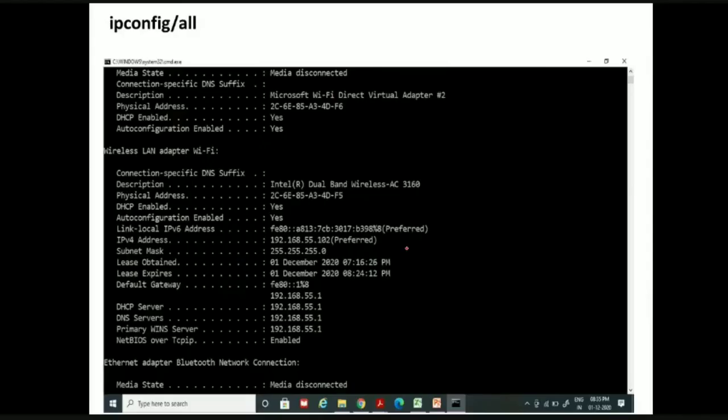Let us now see an example of subnet mask. If you are using Windows on your computer, you can type ipconfig/all. Then you will get your IPv4 address and the subnet mask. This is my IPv4 address, and I ran this command yesterday. If you can see, this is the time. Yesterday I ran this command. The subnet mask is 255.255.255.0 because this is a class C IP address. The default subnet mask is 255.255.255.0. You can also check this in your system.